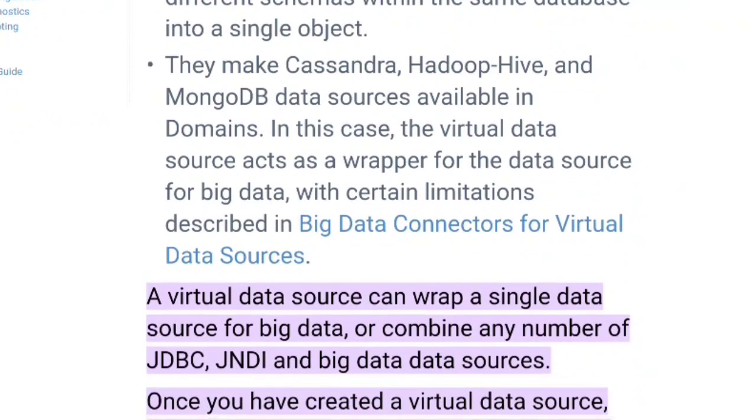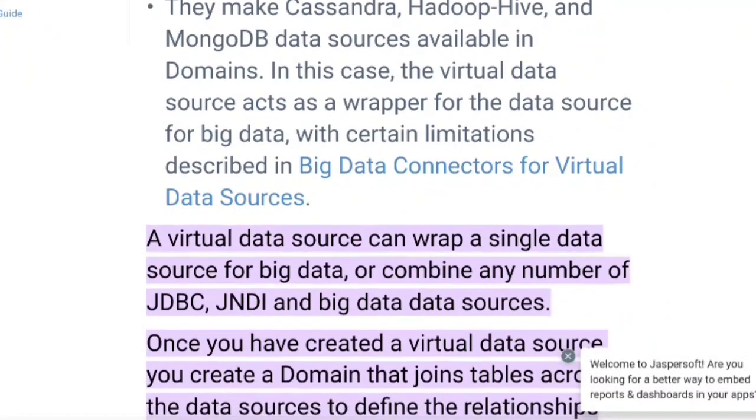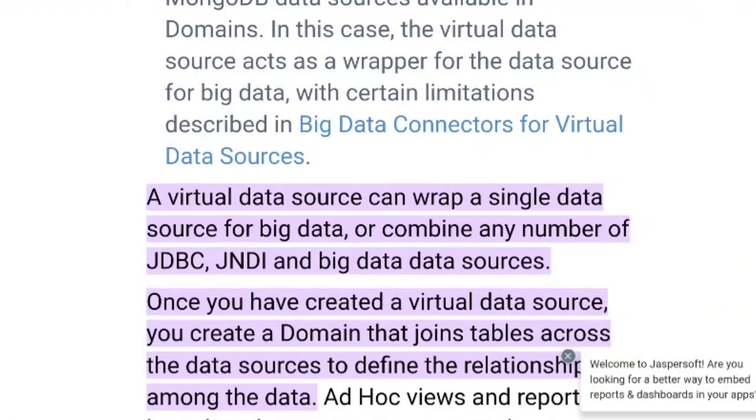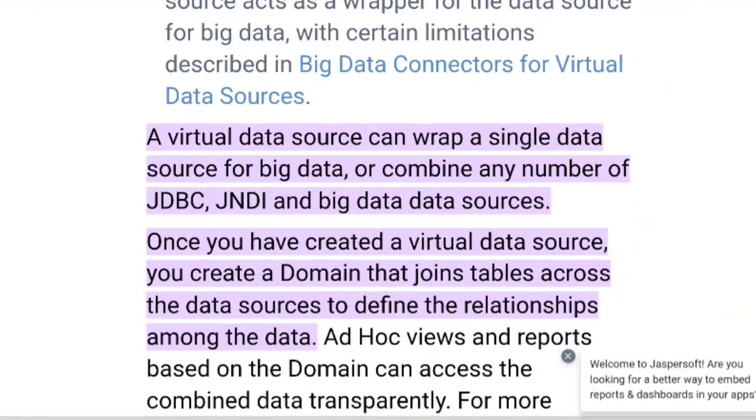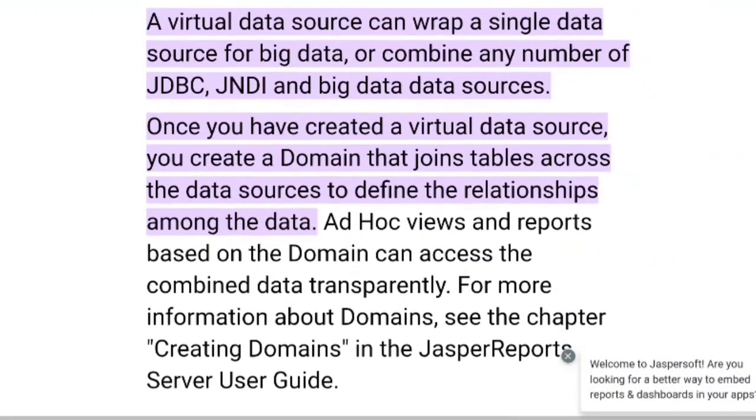They make Cassandra, Hadoop, Web, and MongoDB data sources available in domains. In this case, the virtual data sources act as a wrapper for the data source for big data, with certain limitations described in big data connectors for virtual data sources. A virtual data source can wrap a single data source for big data or combine any number of JDBC, JNDI,